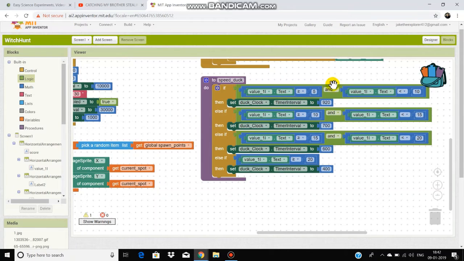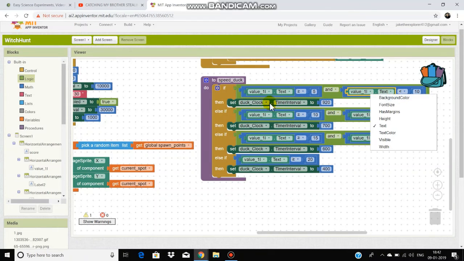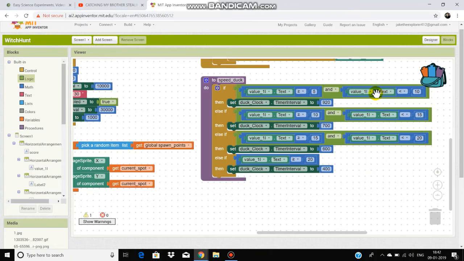Then in the equal to block, bring a smaller than or equal to block and put it over here, and in the other space of the and, take a maths block of equals to and make it smaller than, only smaller than, put value1.text into here. I showed you where it was, and put the value as 10, and then set the clock dot